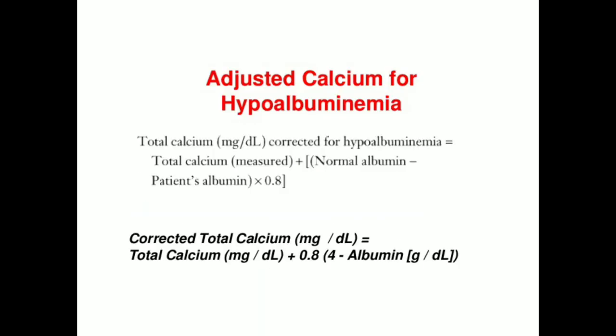Okay. Now then there is another interesting thing, adjusted calcium. You can see already that the total calcium level can vary depending on the amount of albumin. So if there is hypoalbuminemia, if somebody's albumin level is decreased, then the total calcium can decrease also. But that does not mean there is any problem in the calcium regulation, because regulation is only towards the free calcium.